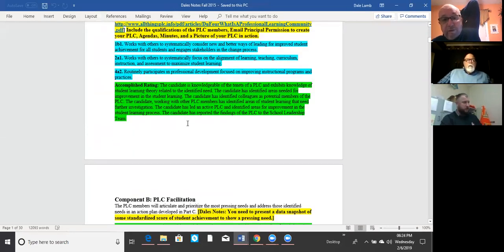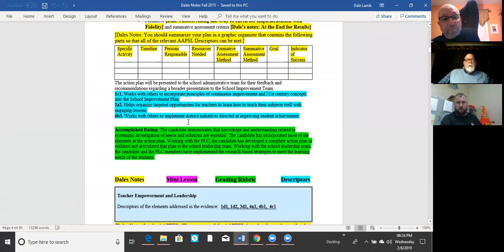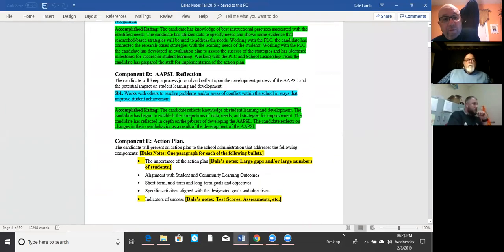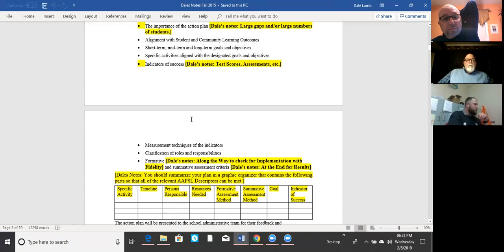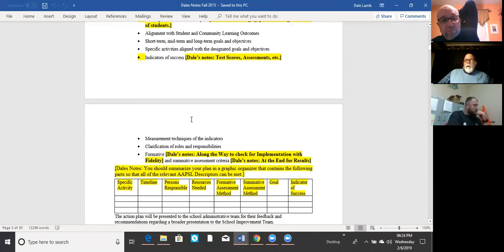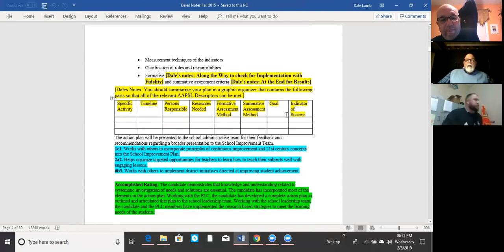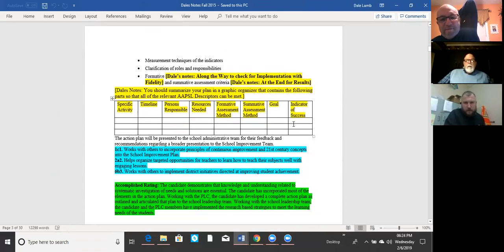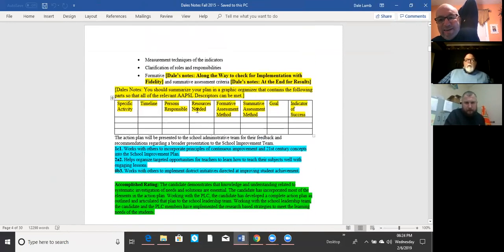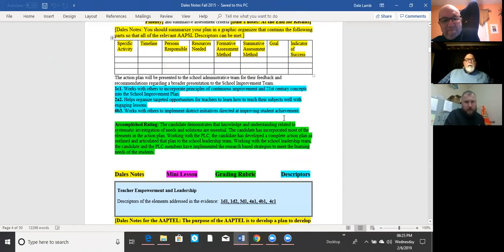Yes, sir. So if you'll check your email, gentlemen, both of you, you will see my old copy of notes that tells you, Matt, exactly what you need to do. There's the graphic organizer that's missing. I've got all that stuff still, Dr. Lamb. I've got my own notebook. Here's what you're missing from E right here.